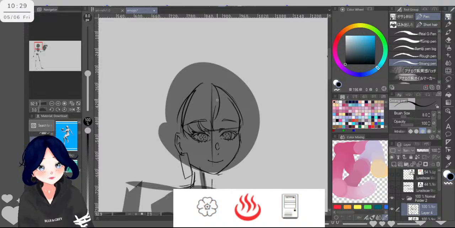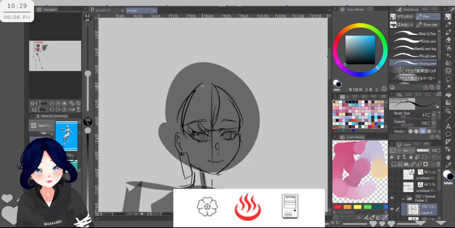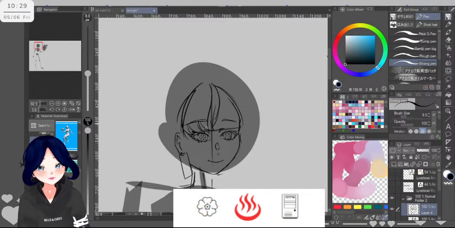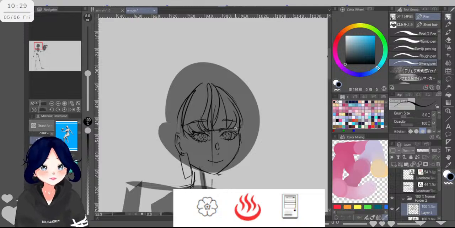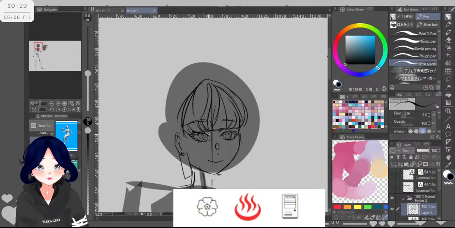Something that I should practice a little more is how to draw hair, because I think I'm currently lacking on that. Okay, at least the face, I like it.